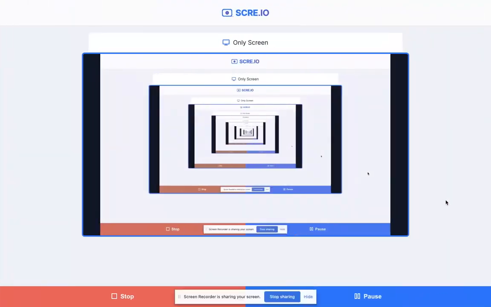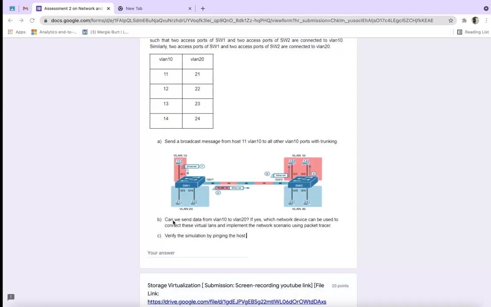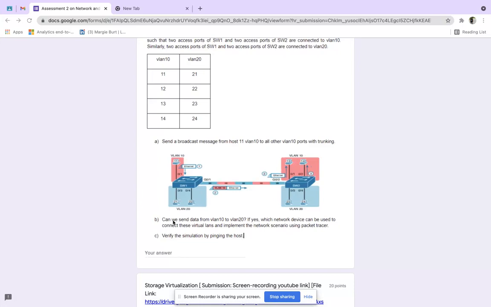Coming to our second question: can we send data from VLAN 10 to VLAN 20? If yes, which network device can be used to connect these virtual LANs and implement the network scenario using Packet Tracer? Here the answer is yes, we can send data from VLAN 10 to VLAN 20.